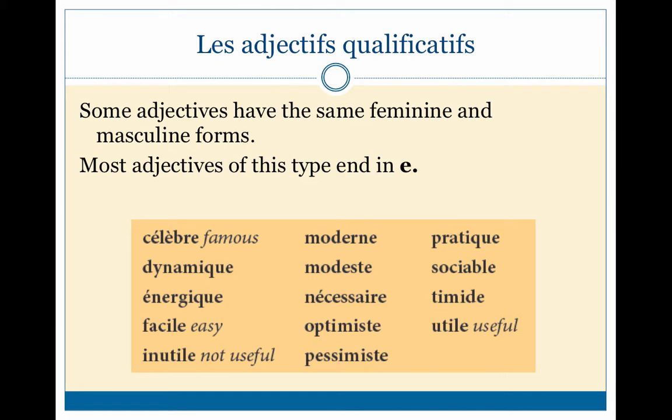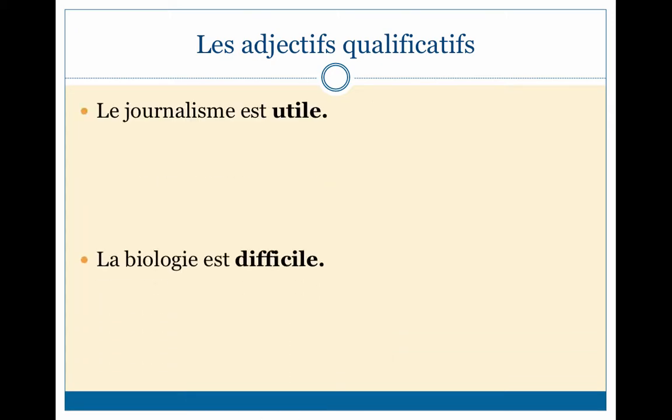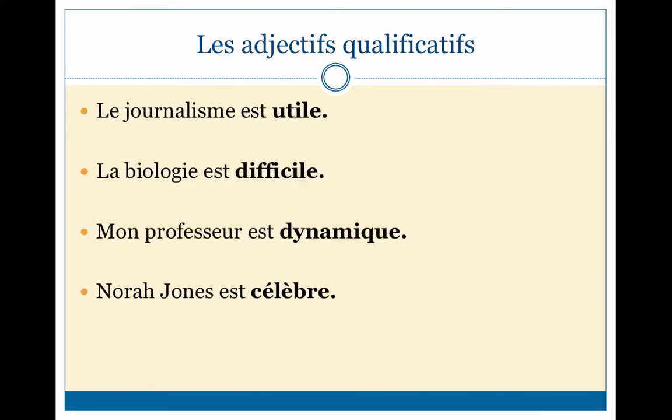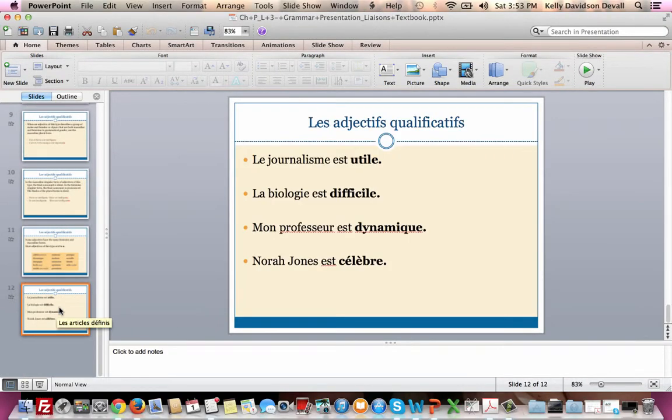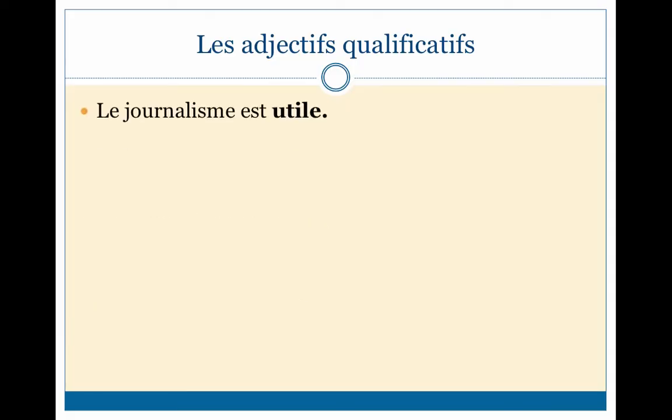And sometimes when you're memorizing lists of words like this, it's helpful to rearrange them a little bit and put them into categories where they're pairing up. So for example, inutile, utile, optimiste, pessimiste, something like that. Oh, excusez-moi, j'ai cliqué une fois de plus.